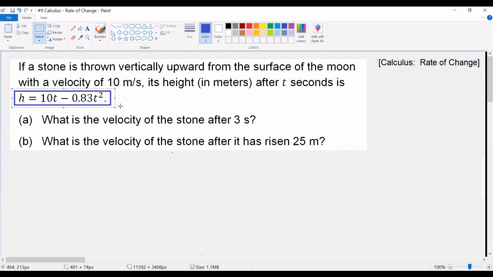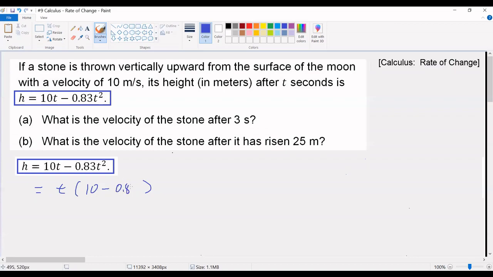However, before we get started on either one of these parts, let's look at a sketch graph of our height function. We're going to factor out a t, and what we're left with is 10 minus 0.83t. We're going to set this equal to 0 so that we know our t-intercept is t equals 0, and our second one is t equals 10 over 0.83. We punch this into the calculator, and it gives us approximately 12